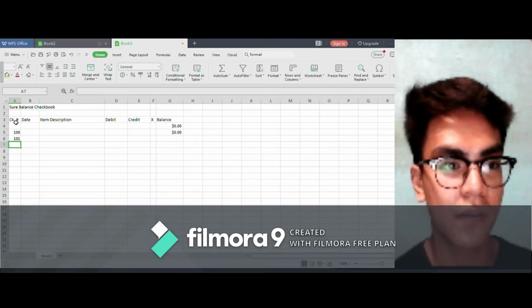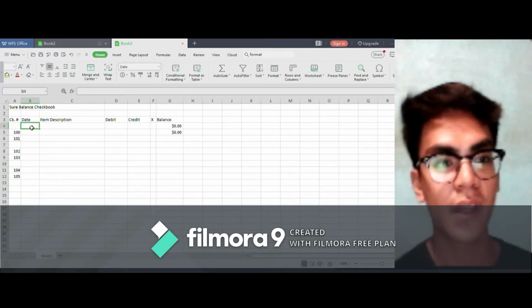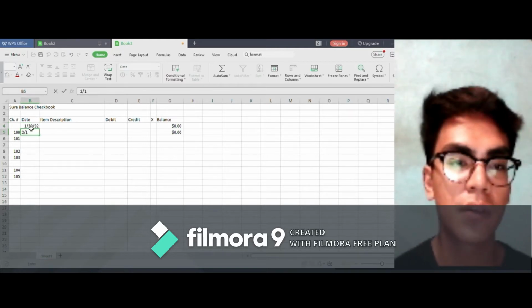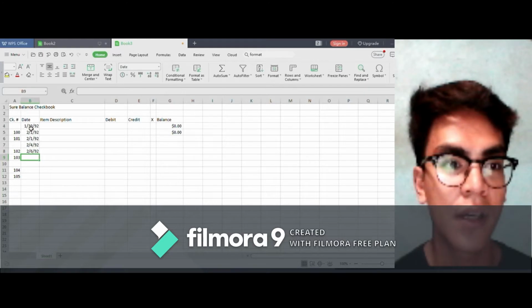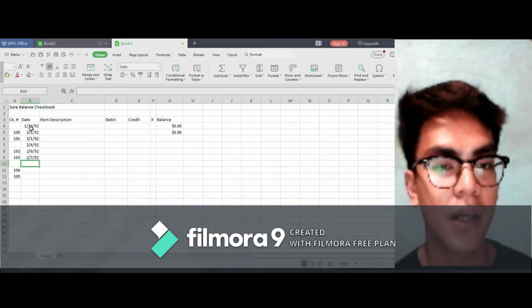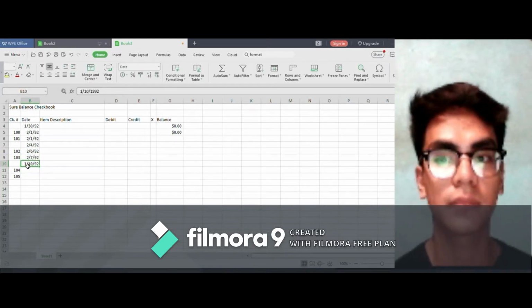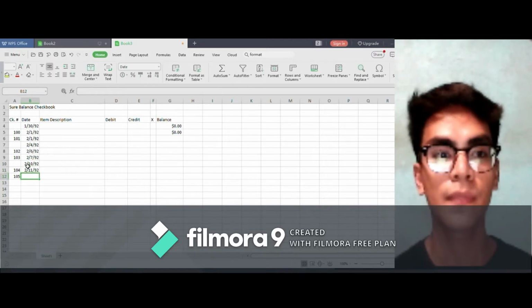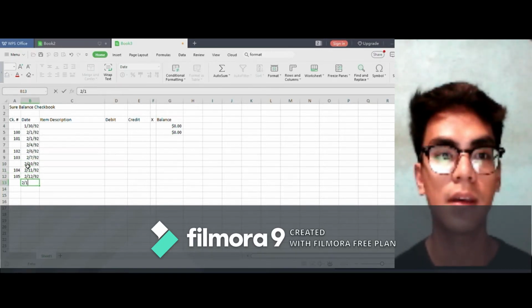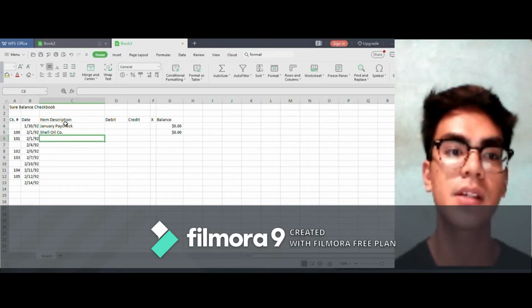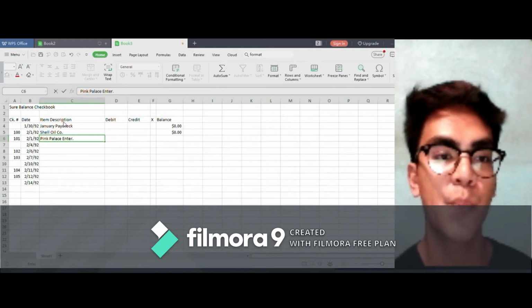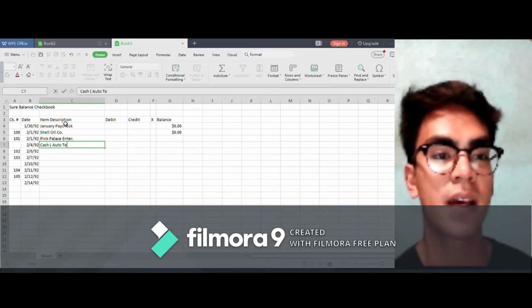But enter the following first: the data in column A, then the dates in column B. Make sure that the format of column B are in date. Next, input the following items in column C: January paycheck, Shell Oil Corporation, Pink Palace Enterprises, cash,